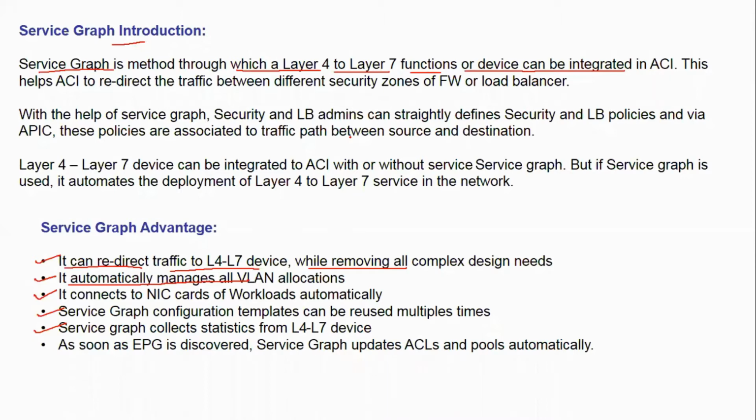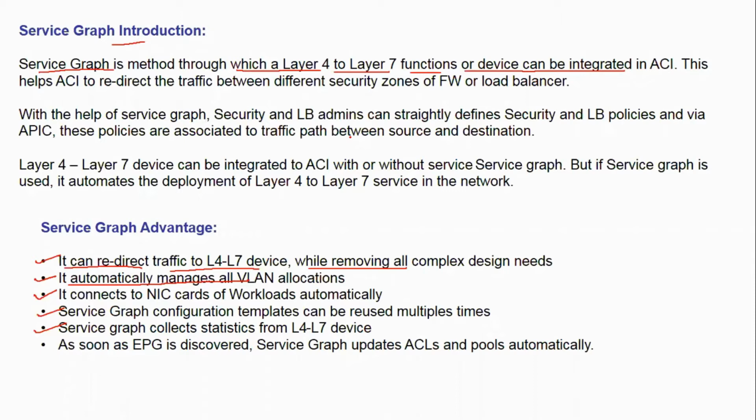All those VLAN allocations will be done automatically. Whatever policies you configure via service graph will be attached to the NIC of the workload automatically. It collects the data statistics from the L4, L7 devices, and as soon as an EPG is discovered, service graph updates the ACL and pool automatically.